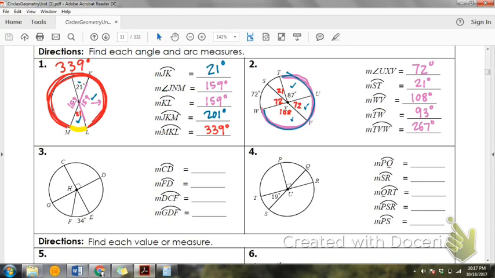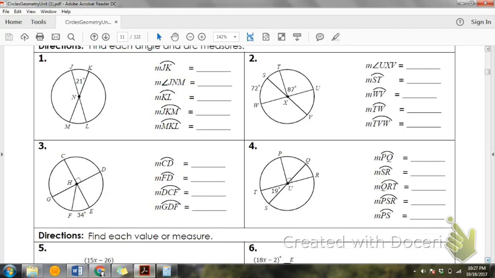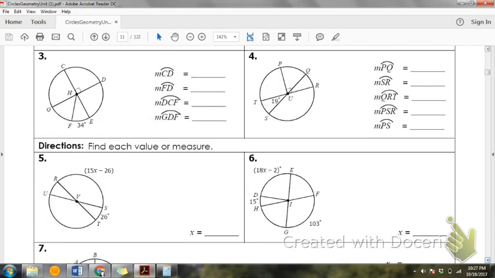Alright, we'll do number 3, and then we'll look down at number 5. Okay, let's do number 3. Think about what we know here. If we know that we have a 90-degree angle there, do we know that anything else is 90 degrees? Okay, so we know that we have 90 over here, and we know that this together is a straight line, so that's 180 degrees. That means a couple things, right? It means that this is 90,